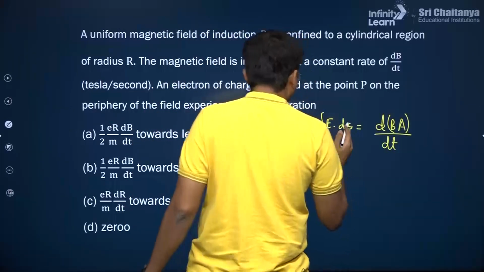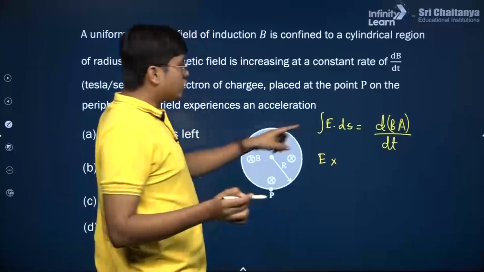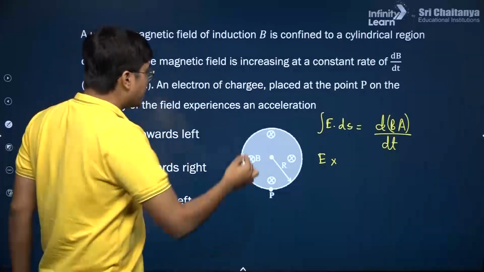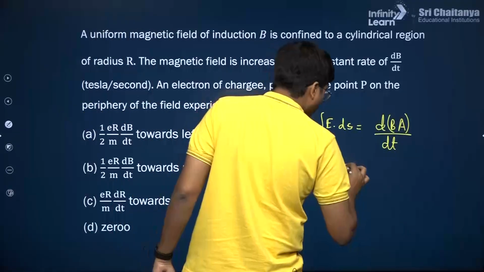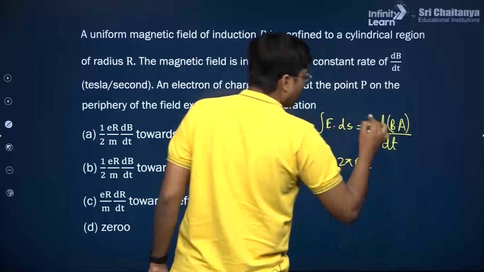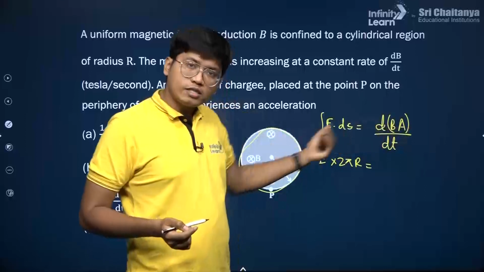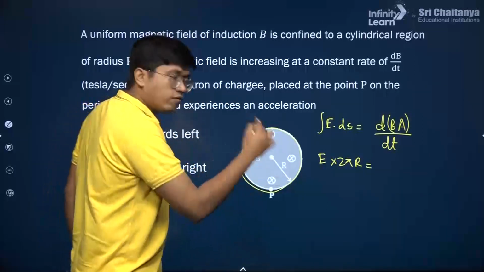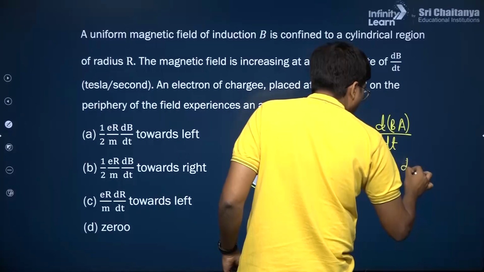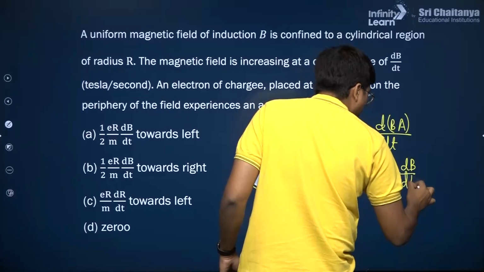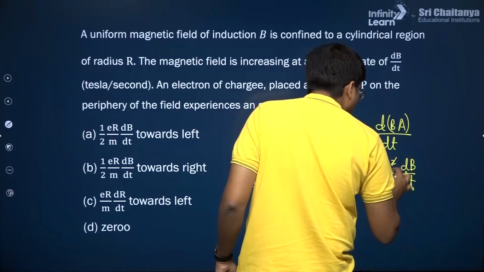Now over here the electric field is constant, let's get that out. And ds just refers to the line integral over the complete path over here, which if the radius is r is just 2 pi r. Now from here we again need to differentiate dBA dt. A is a constant, get that out. A refers to the area of the circular part, which is pi r square,